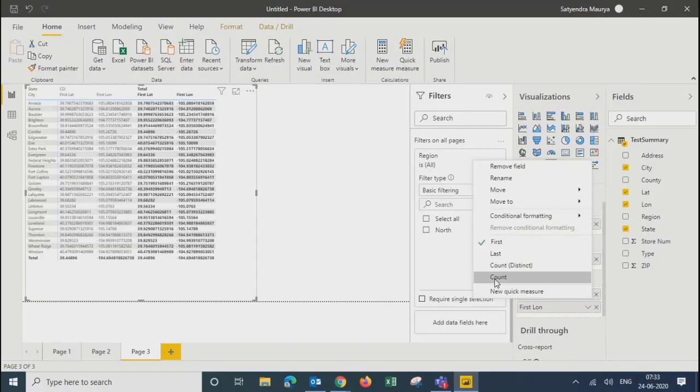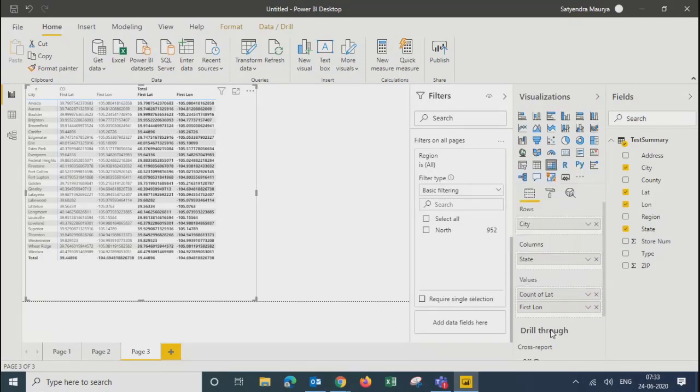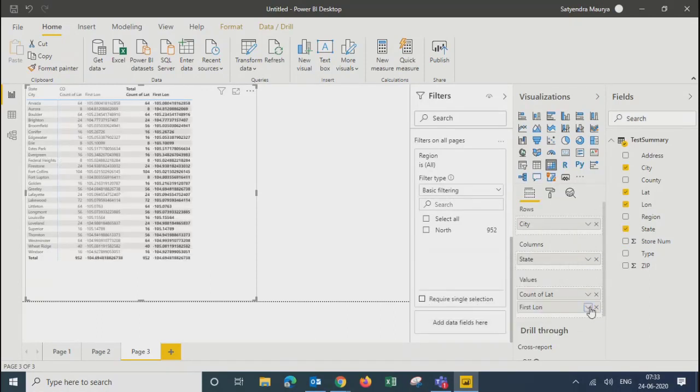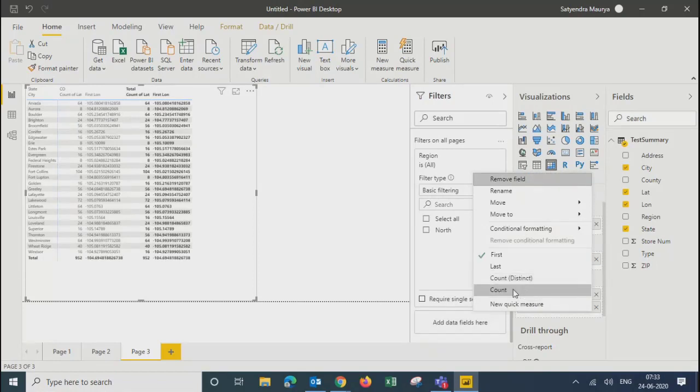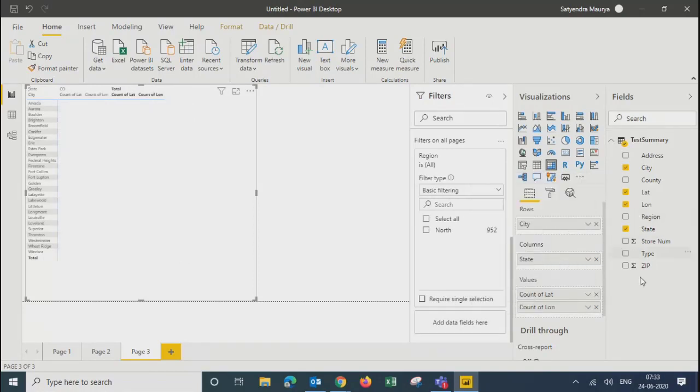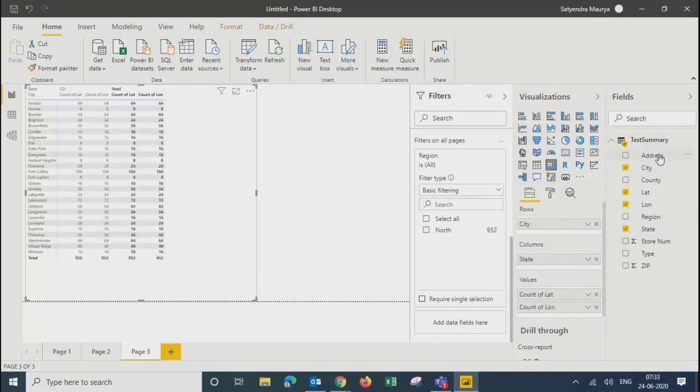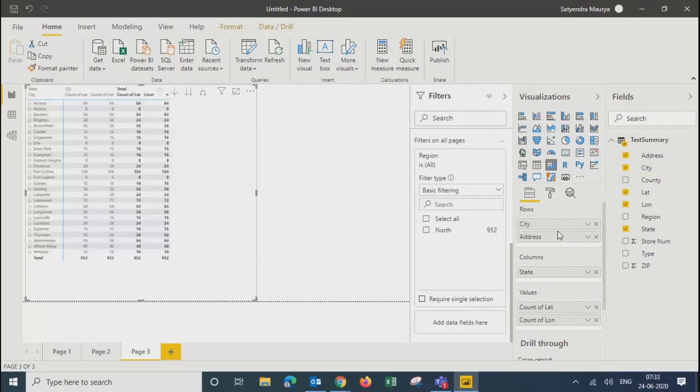It's a dimension, but I'm using that as a measure at this moment. And you can take address also in the rows. Okay, so that's your table.